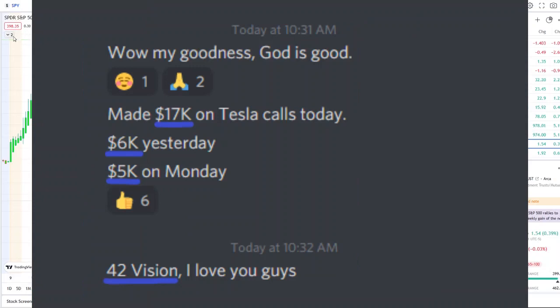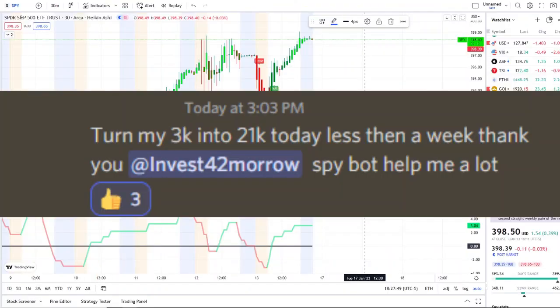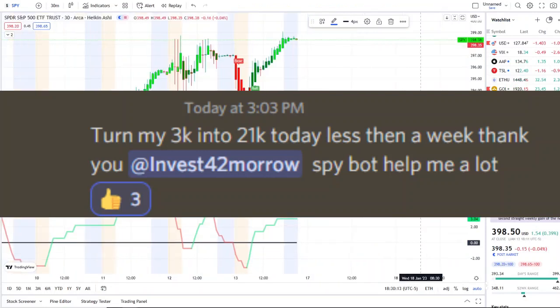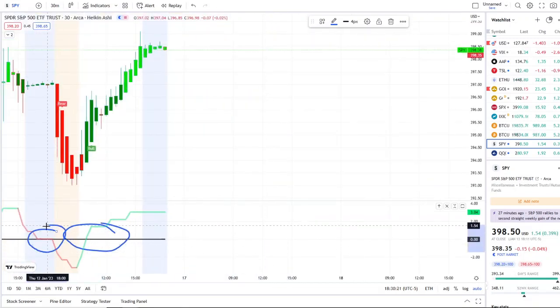And in today's video, I'm going to pull up the inflow versus outflow indicator, which adds that extra layer of confirmation and gives us that edge within the volatility. So here we are with 42 vision showing us a bull indicator and inflows crossing back up after those outflows being really close yesterday. I was talking about how important it was to watch this,